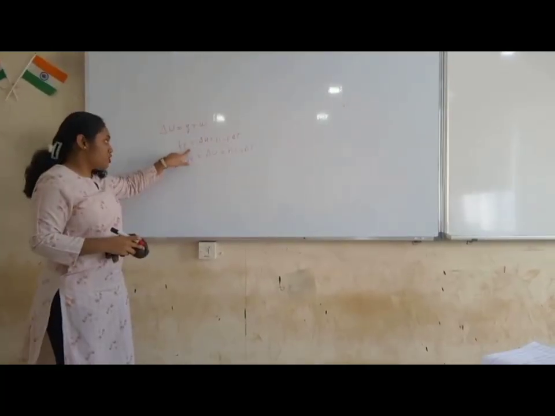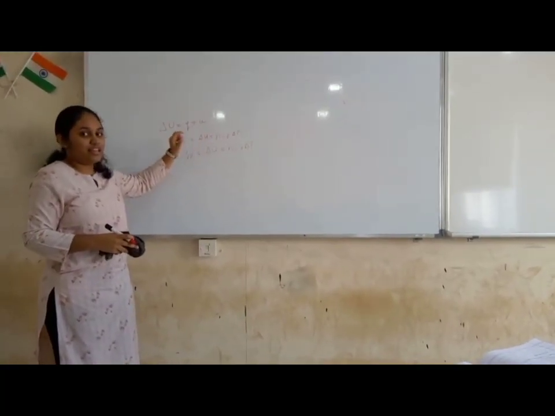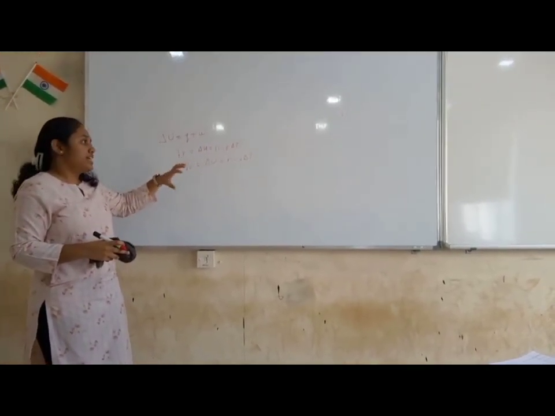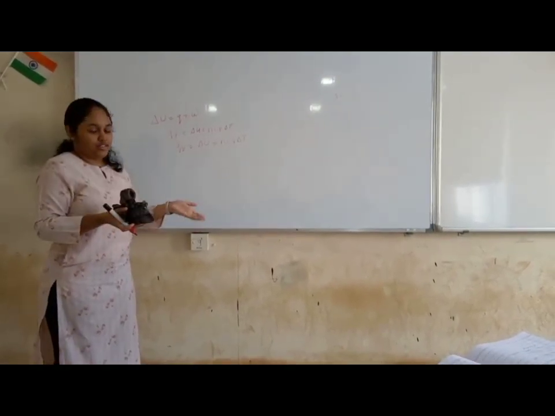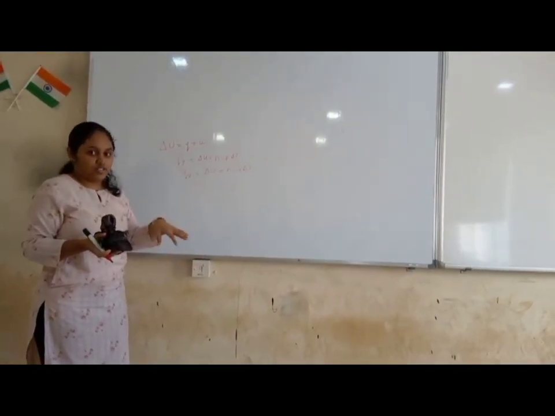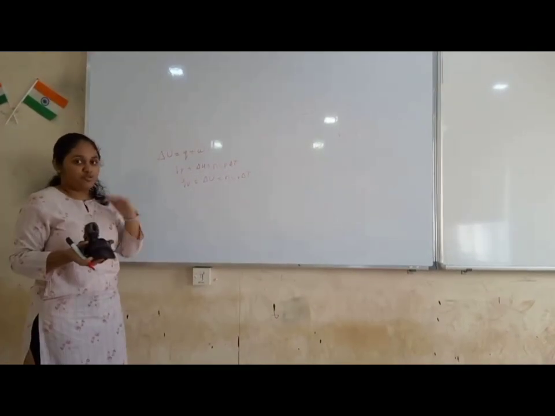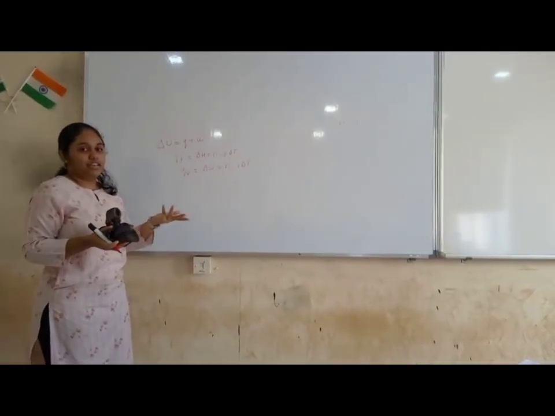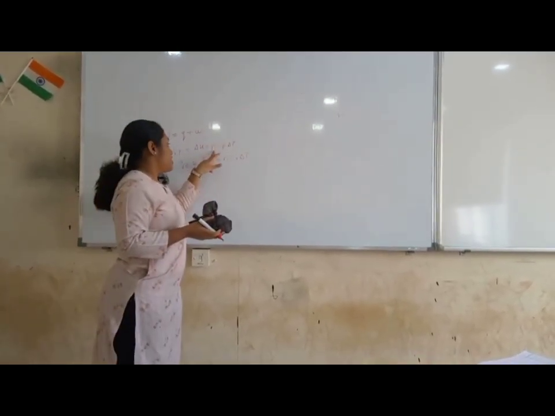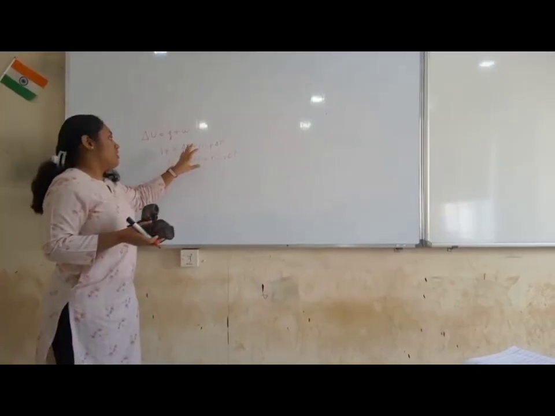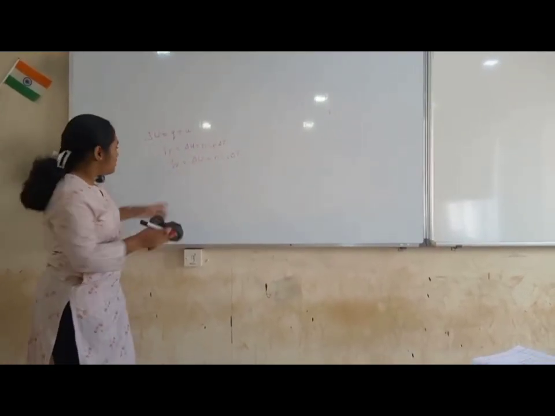If heat is given at constant pressure, it is delta H, meaning enthalpy. It is a new term where the reaction is either endothermic or exothermic. If it is endothermic, delta H is positive. If it is exothermic, delta H is negative. So it stands that it is at constant pressure. So this is the one.